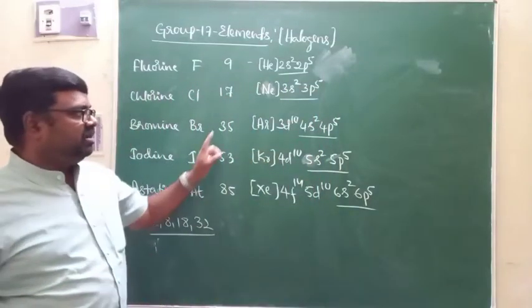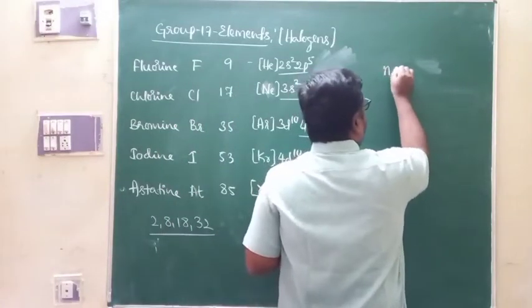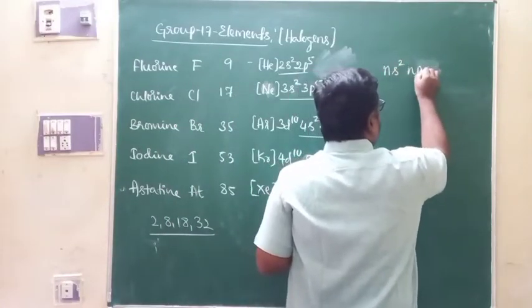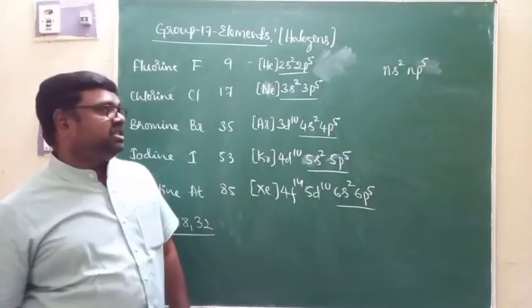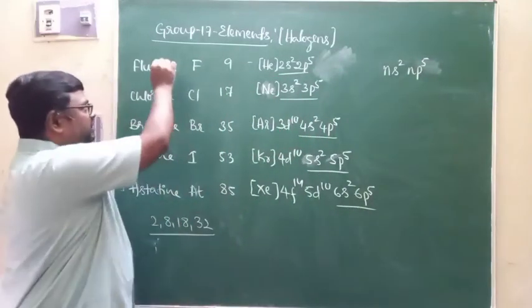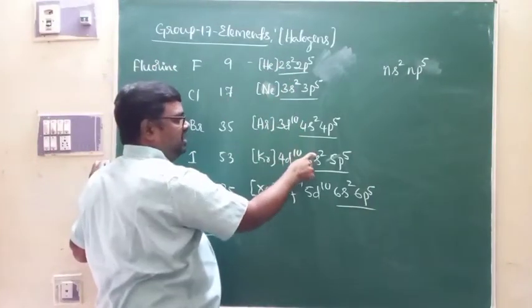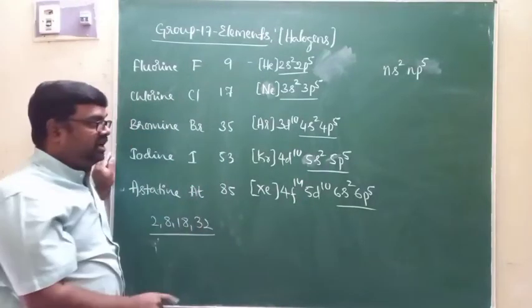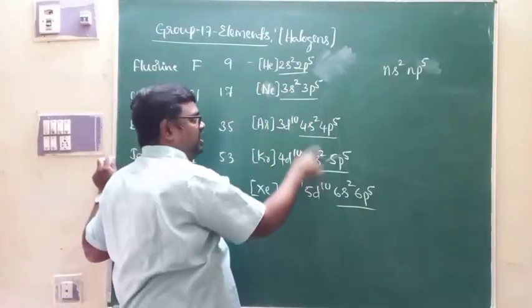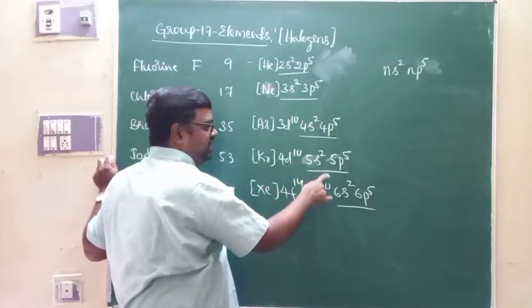On the basis of the electronic configuration of group 17 elements, I can conclude that the general electronic configuration of the group 17 elements will be ns2 np5 in the valence shell. And look at this, if I move from fluorine to iodine, or from fluorine to astatine, an electron enters a new main shell. That point is to be properly noticed. Here it is the second main shell, third main shell, fourth main shell, fifth main shell and sixth main shell.